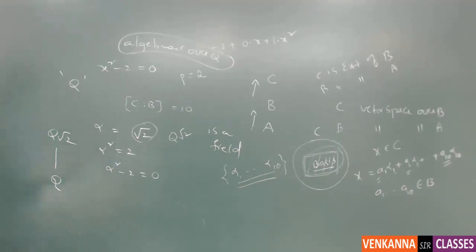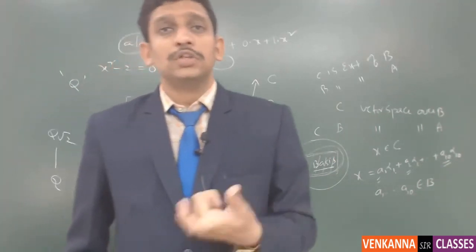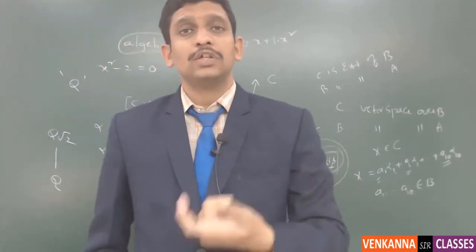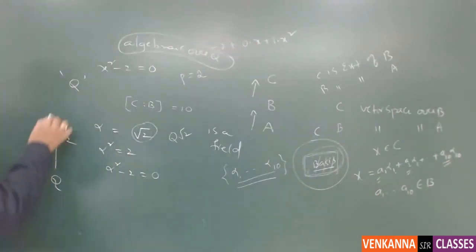Now you can say one more thing. This kind of element is so many. You can take Q of root 2, Q of root 3, Q of root 5. Suppose I have taken another set that